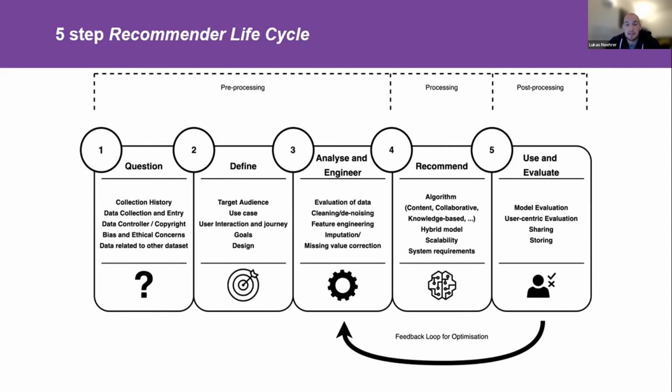The next step is then the actual machine learning model. This is based on algorithms. There are different models and approaches, and I need to think of the system requirements, obviously. And then the fifth step is use and evaluation of the model. There are different aspects to it, such as model evaluation, which will be accuracy or performance, for example, which is a very